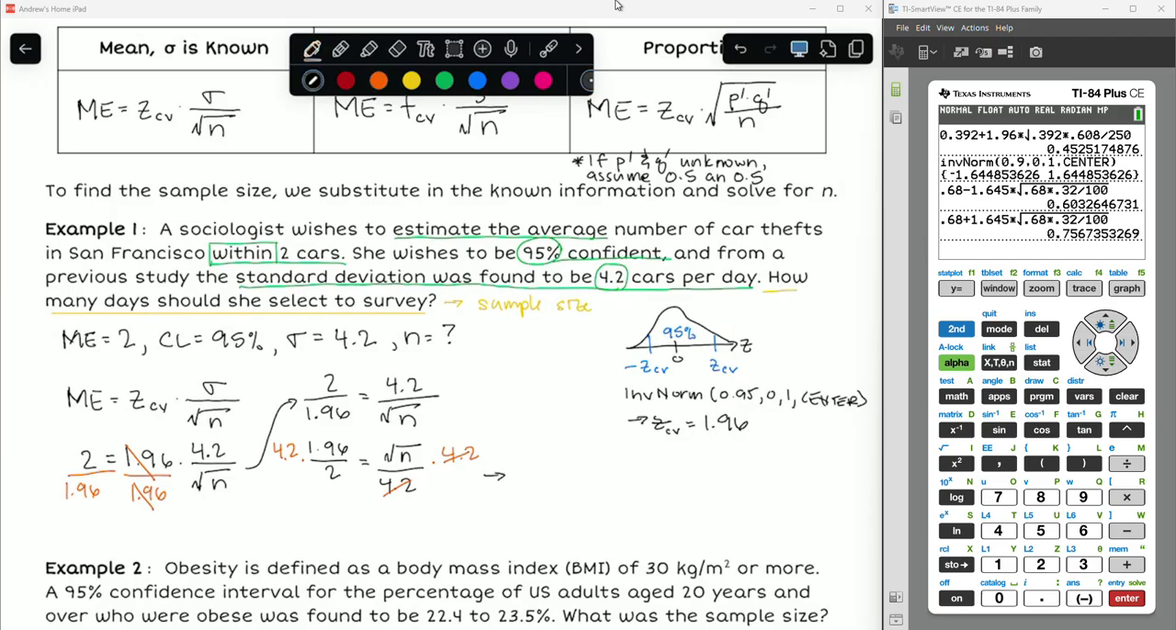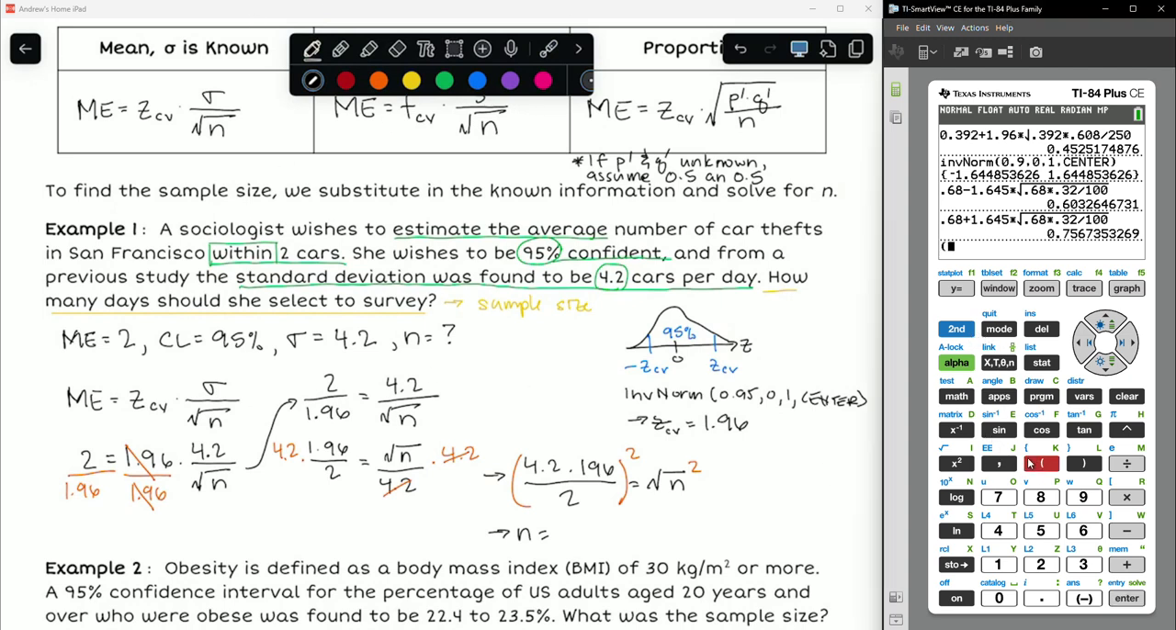And that's going to give me 4.2 times 1.96 all over 2 is equal to the square root of n. And I know to undo square roots, I square. So I'm going to square both sides. So on my calculator, I should have 4.2 times 1.96 divided by 2 squared. And we get